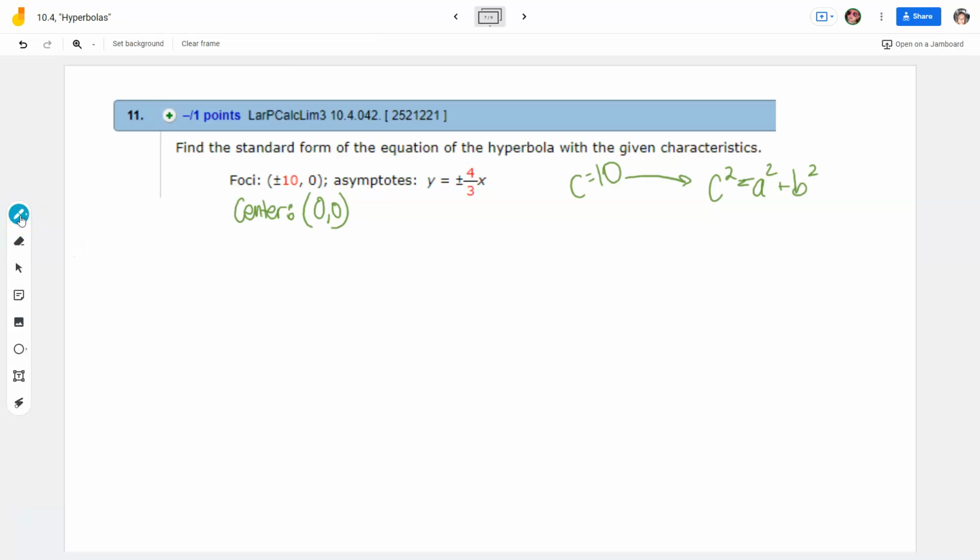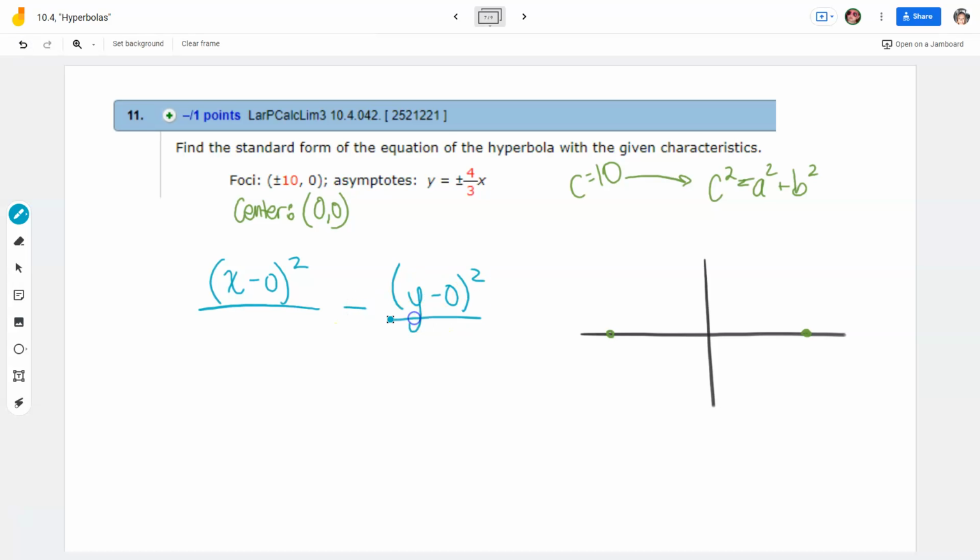When we go to make our standard form, you don't have to stress about this like in other problems, what we do with parabolas. Does my x go first or does my y go first? X goes first. And if you need some visualization as to why they're completely correct, are the foci horizontally apart or vertically apart? Horizontally. So it's horizontally oriented, so I can say x minus 0, quantity squared all over, plus, no, it's not an ellipse, it's a hyperbola, minus y minus 0, quantity squared over,